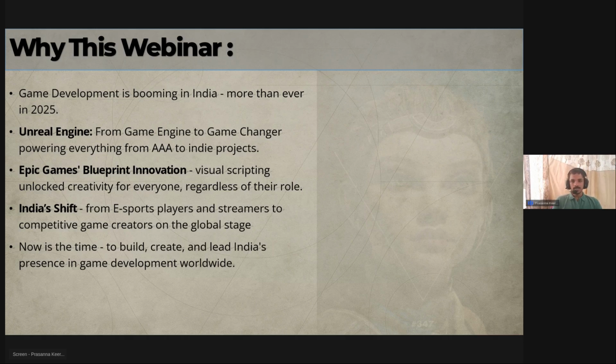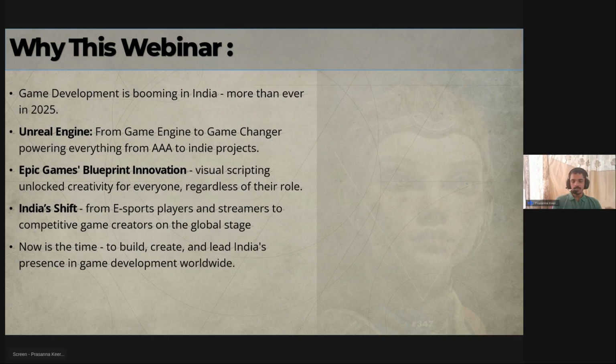So apart from this, we have a good game engine called Unreal Engine. A lot of the people, at the olden time, I remember my olden days, like around 2012, 2015, in India there was no popularity for the Unreal Engine. Most people were just comfortable with Unity because of its elegant C sharp scripting.